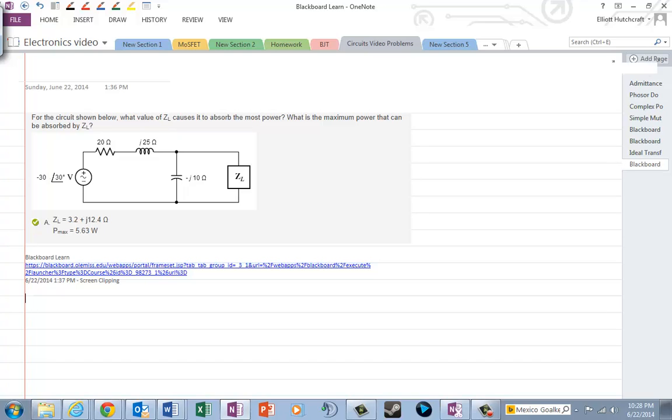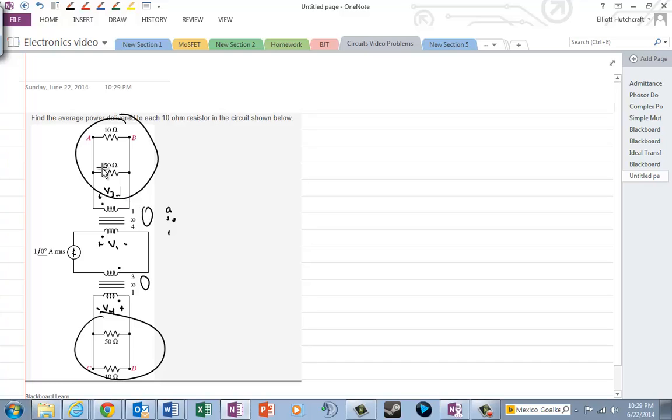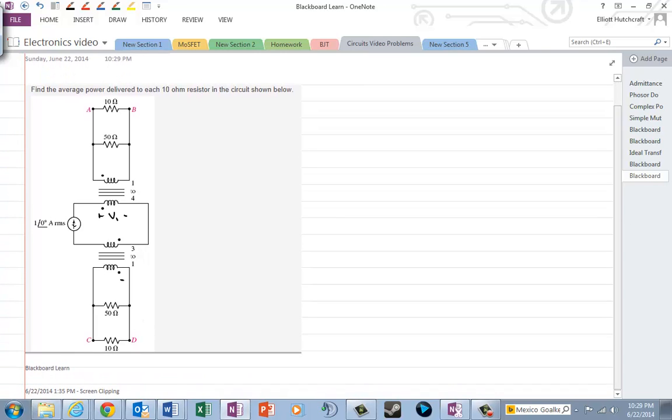I'll just add a new page and put it over here. Okay, so the only difference between the two problems was it said what's going to happen and calculate the power in the same case when I connect